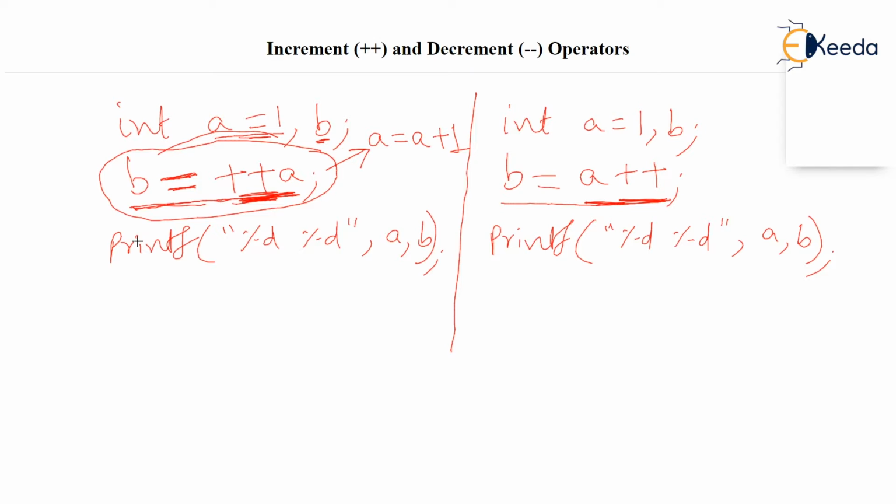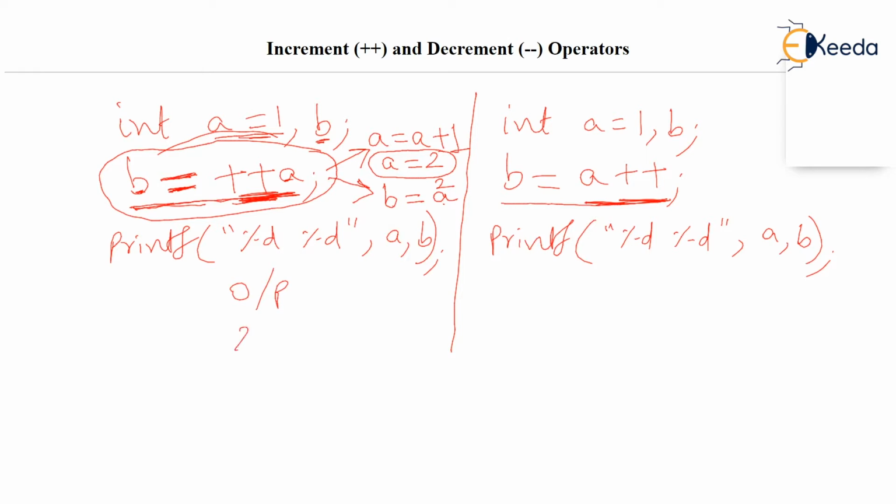So what's the new value of A? A was 1 and A will now become 2, and it will remain 2 till it next changes. Now one more thing is pending in this expression. B should become equal to A, that's the basic expression that we have written. So B should become equal to 2, because the value of A is 2. So when this expression is evaluated, A is 2, B is 2. The output of this code will be 2, 2.